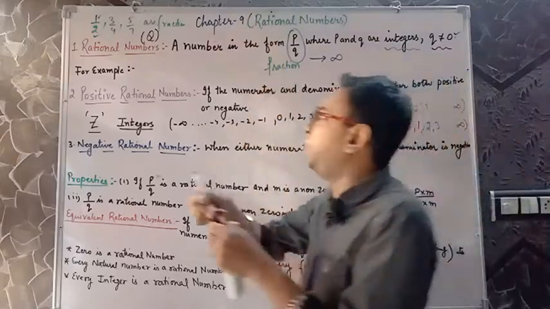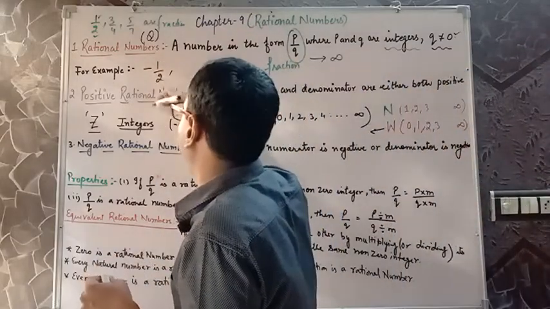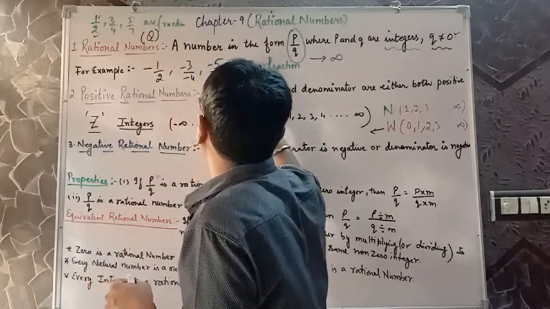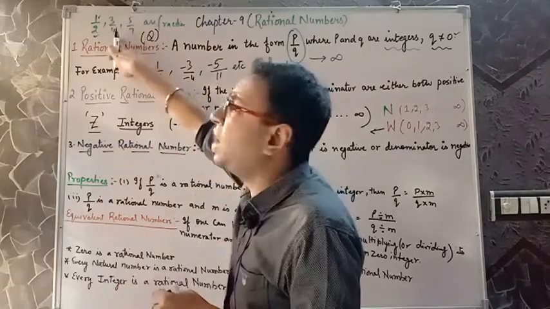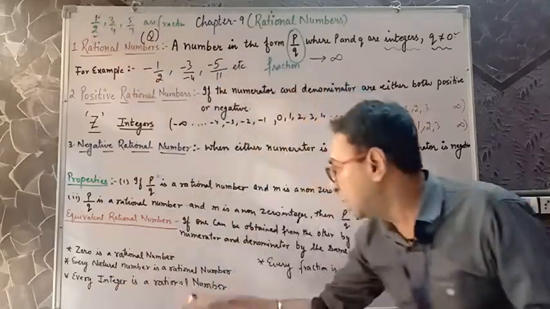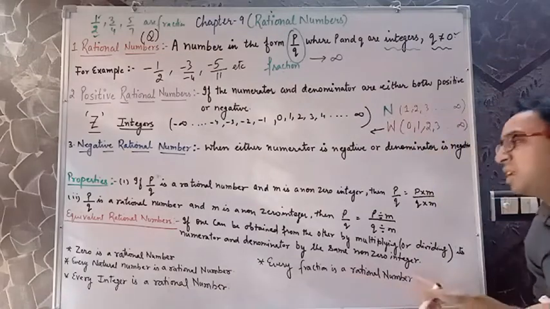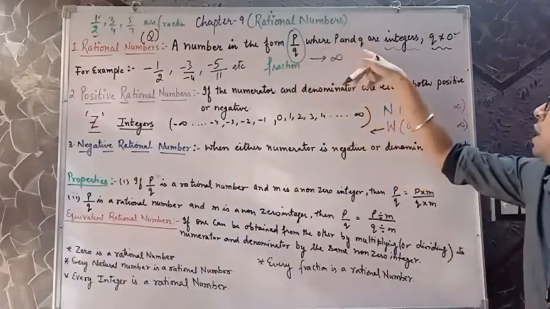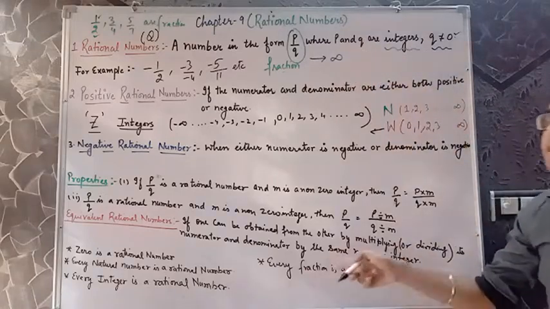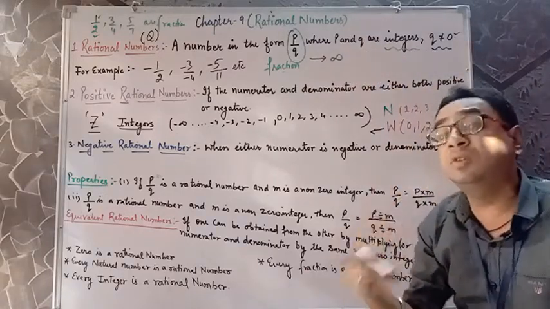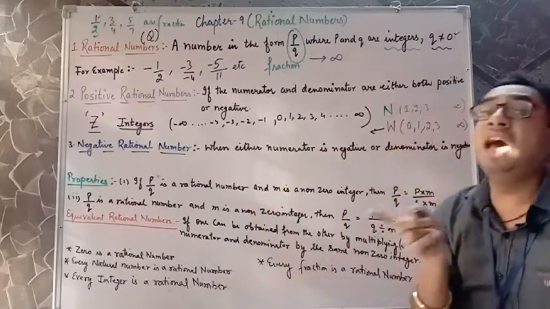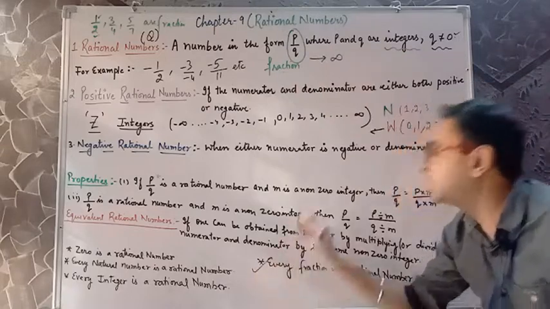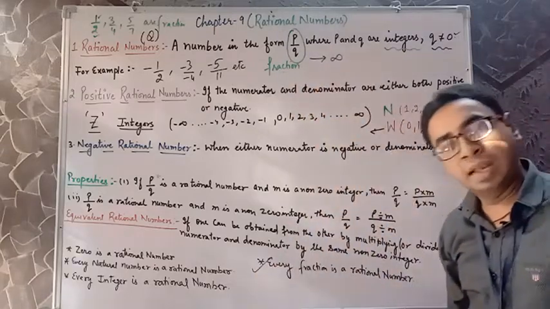Now, very important, let me consider minus 1 by 2, minus 3, minus 4, minus 5, 11, etc. What do you think? They are not rational numbers? They are also rational numbers. Do remember, every fraction is a rational number. What is a rational number? P by Q form. Very good. P and Q are integers. Yes, every fraction is an integer also, because integers include natural numbers, 0 and the negatives of natural numbers. So indeed, every fraction is a rational number. Do remember. Clear with this?